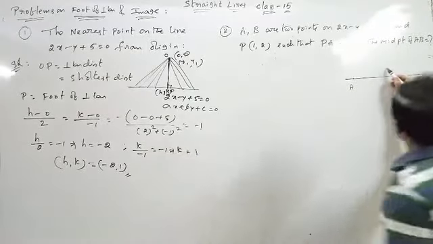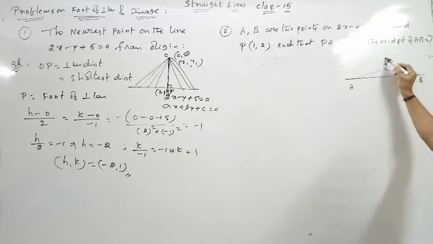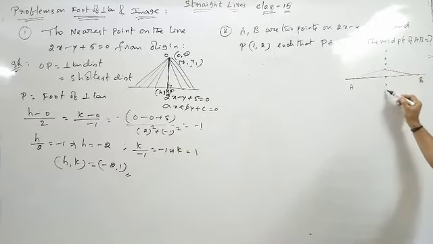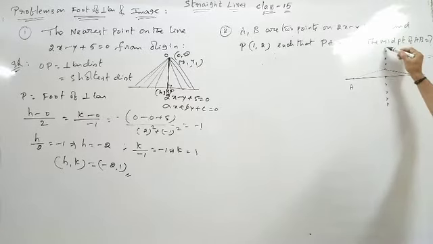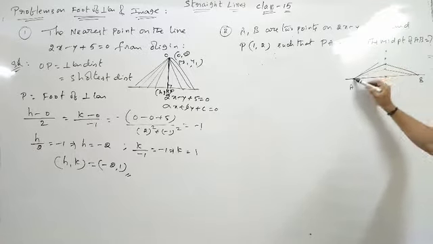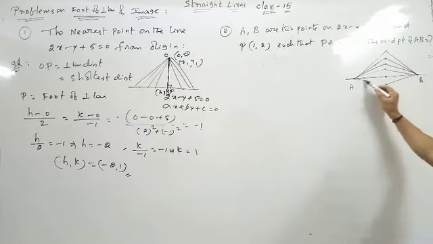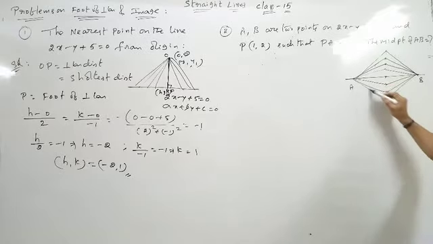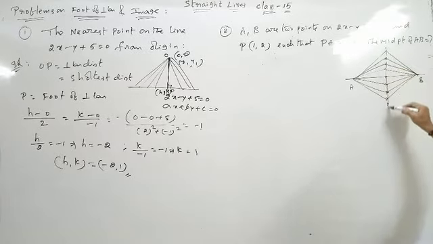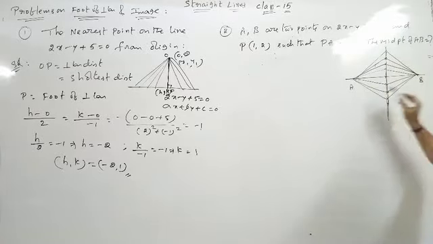How can I be? I can be here. This distance will be the same. Or I can be here, here, here. So my path is just like a foot of perpendicular. That is, I have to go in the perpendicular bisector mode. It should be perpendicular, and I bisect. This will be my path. I can be anywhere near these points. So my path is like this only. This is the path. The P walking, like these are the two students.